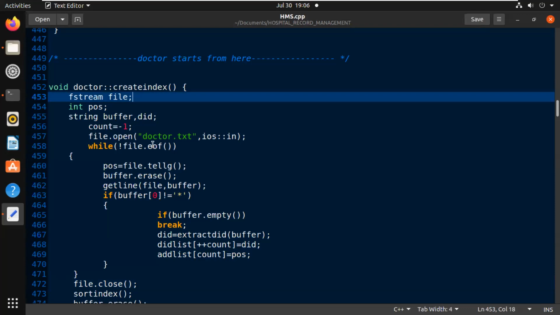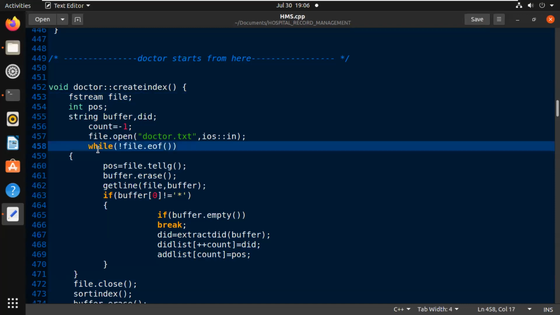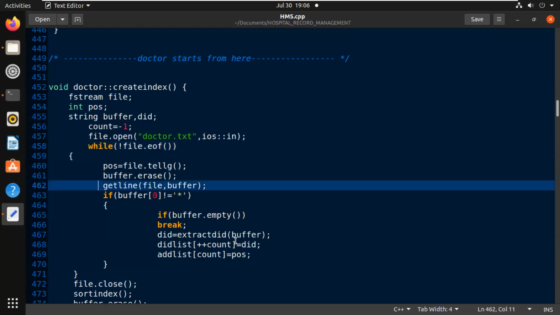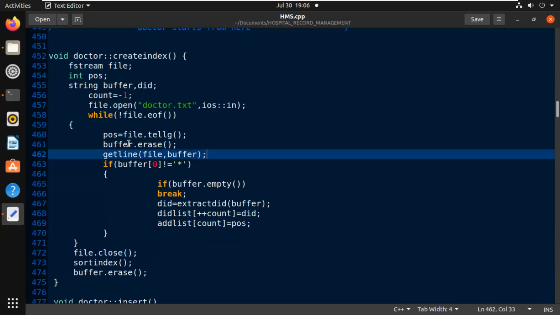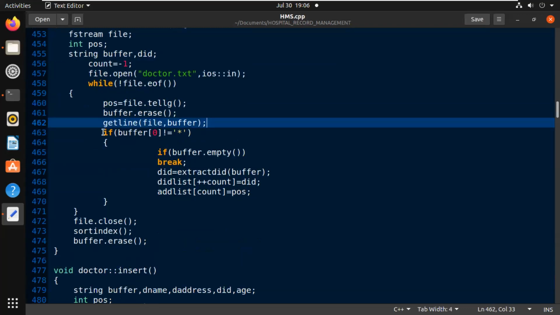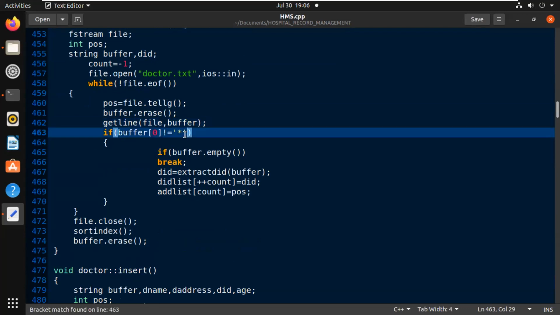So the doctor.txt file will be opened in input mode. While not at the end of the file, we get each record from the file. It checks for the star mark to see whether the record has been deleted or not.